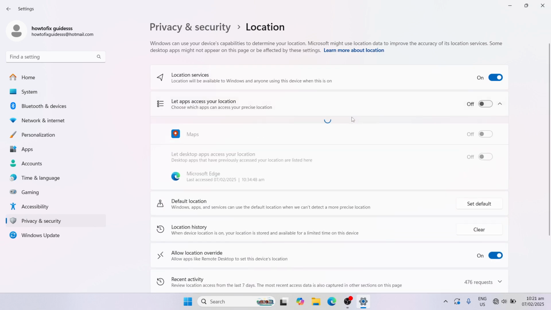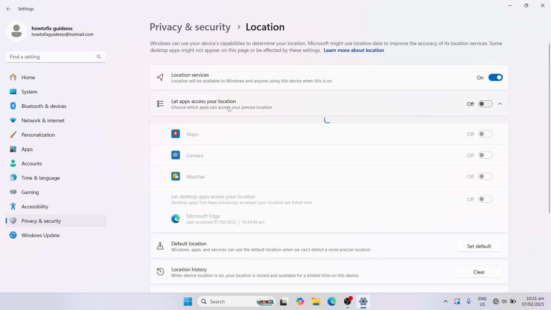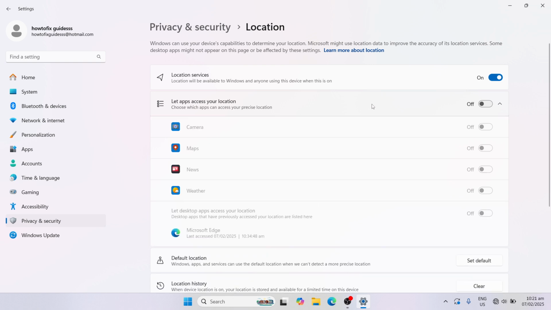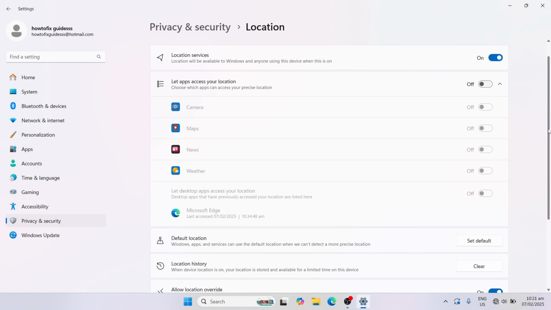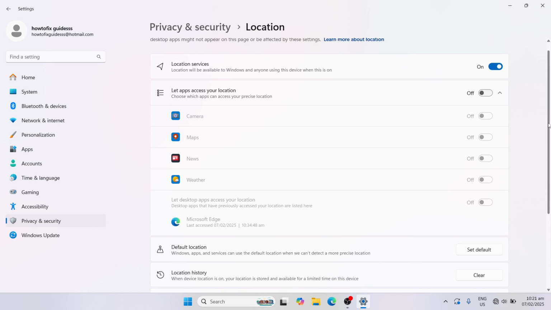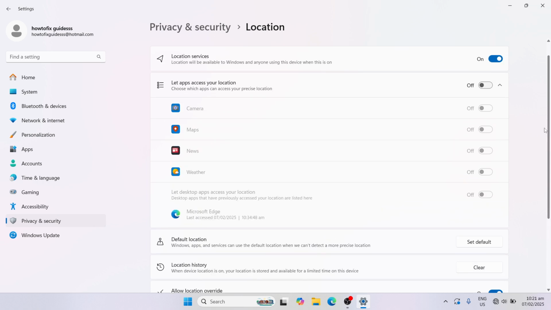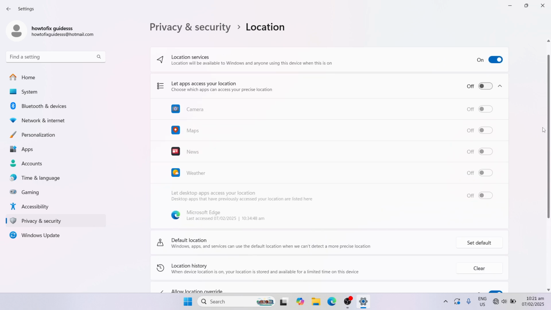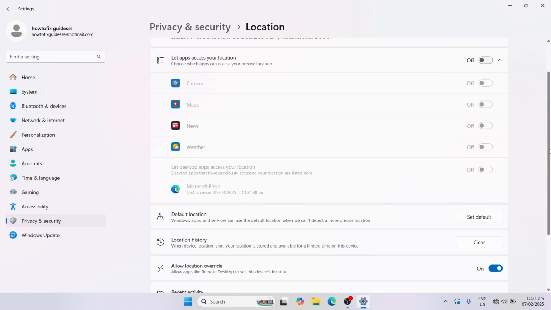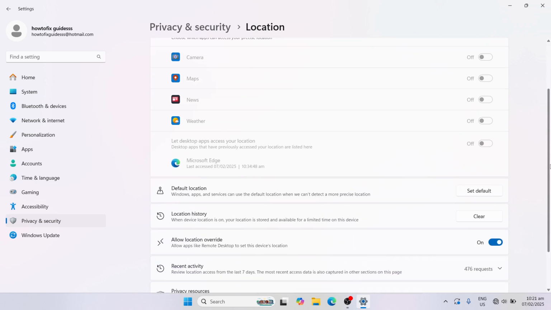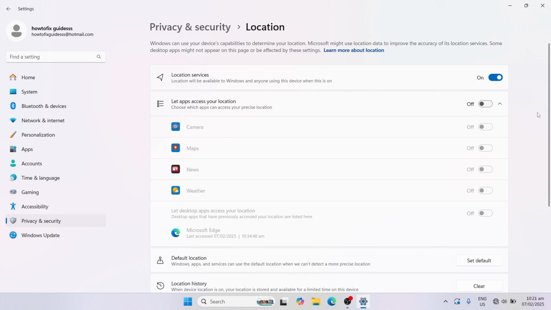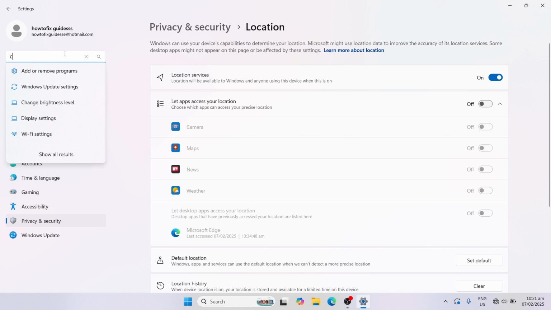And here, you also need to make sure that let apps access your location is off. The moment you turn off your location, the notifications will not harm your computer. Okay? So this will just help your computer speed up, become less laggy, and work better than usual. Okay? After this, go to camera